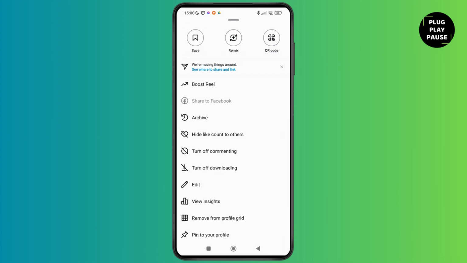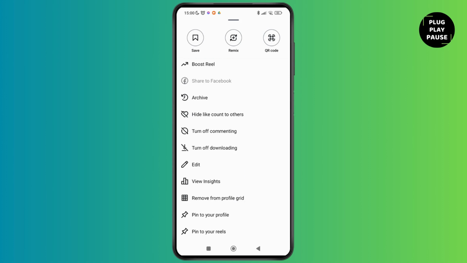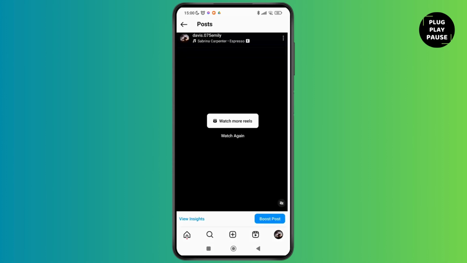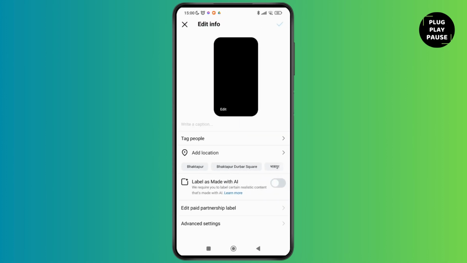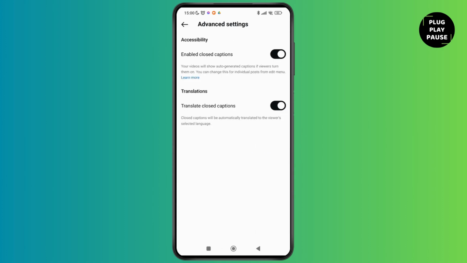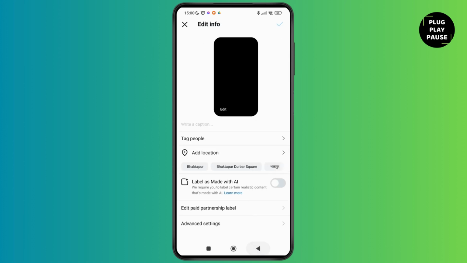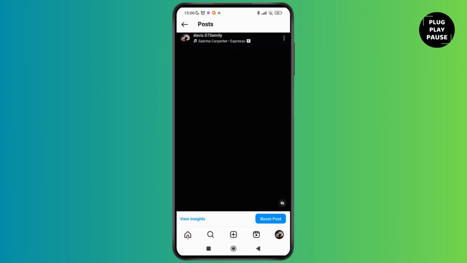the post, and here you can see the option of edit. Now as I tap on edit, there's no direct way or there's no option of removing the song from this Instagram post. Now let's see on advanced settings. Even here we cannot see any option to remove the song. So it is basically said that we cannot remove the song from an Instagram post directly by the Instagram support